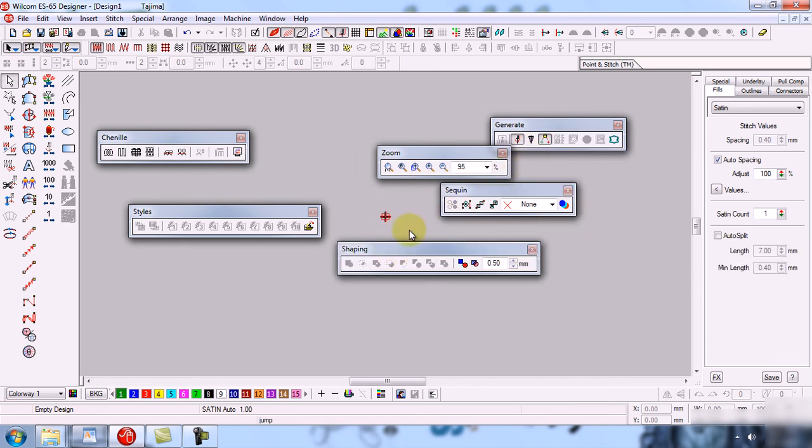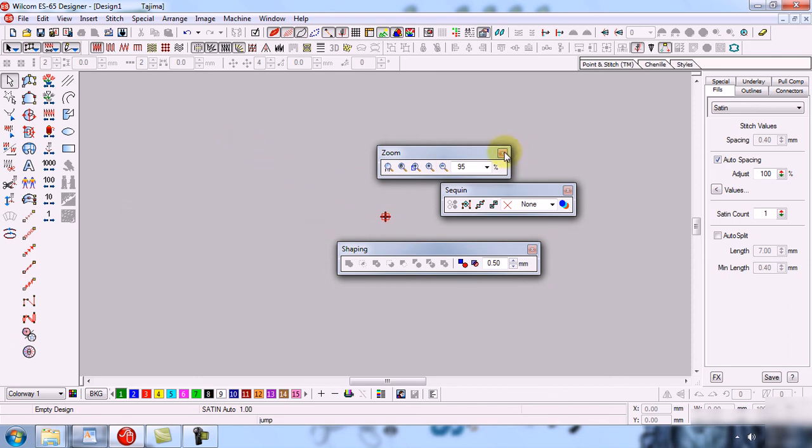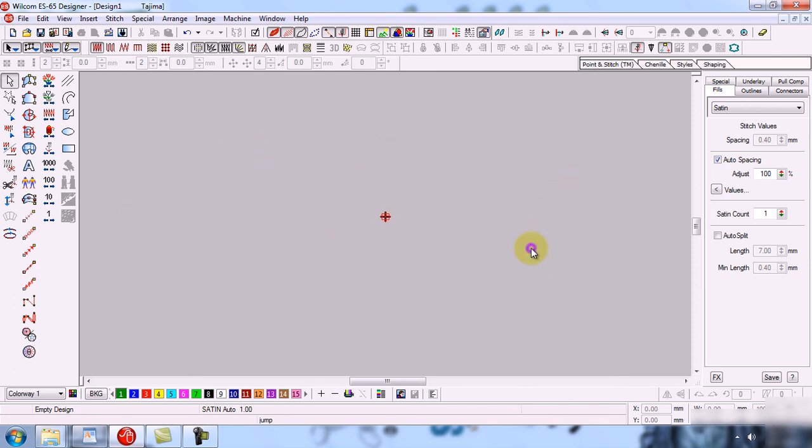So in this way you can show, hide, insert or remove any type of toolbar, and you can change their position also, and other tools which you don't need you can remove them.